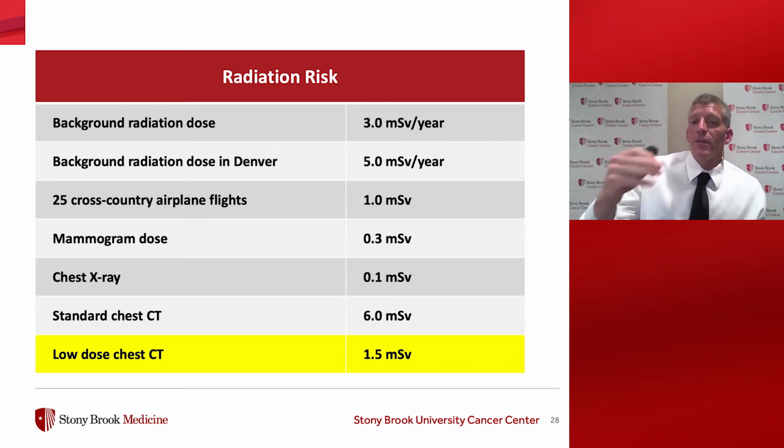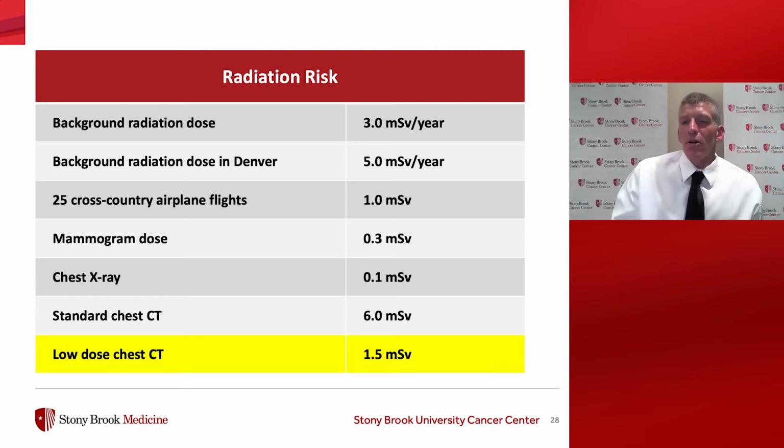The higher altitude you live in, the more you're exposed to. So if you live, for example, in Denver, it'd be 5, right? If you fly a lot, again, you're at higher altitudes, you're going to get a little bit higher exposure. In terms of medical imaging, and again, this is a little hard because the dose will change. No two patients will get exactly the same dose every time they go in, but these are averages for an average size patient. A little bit bigger patient will probably get a little bit higher dose, and a smaller patient will get a little bit smaller dose. But on average, a standard chest CT is somewhere around the range of 6 millisieverts, which